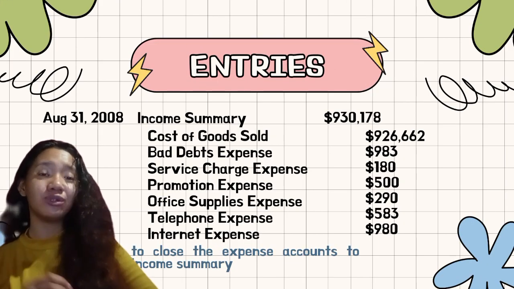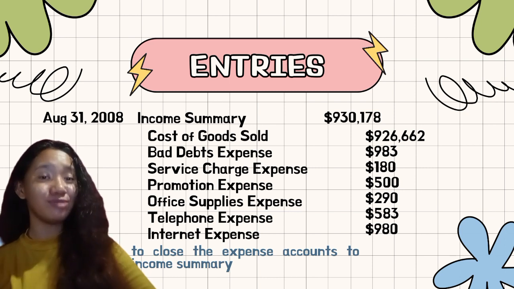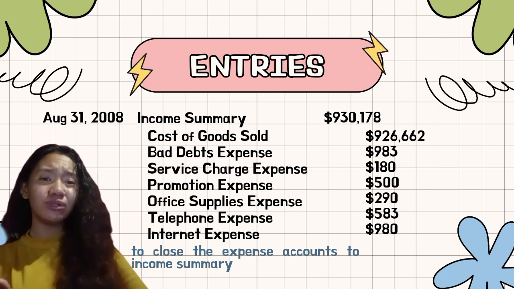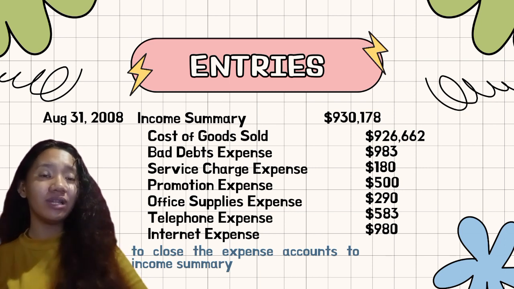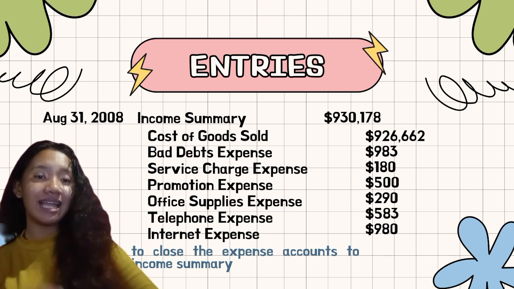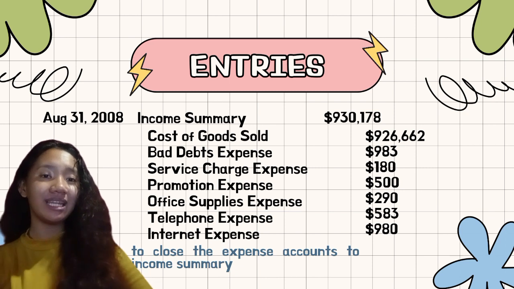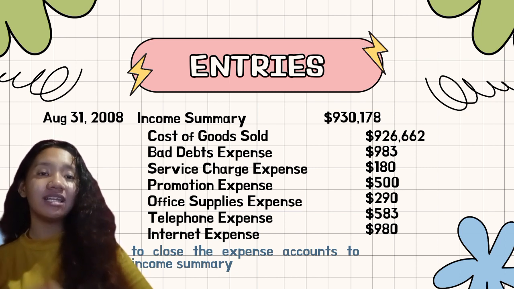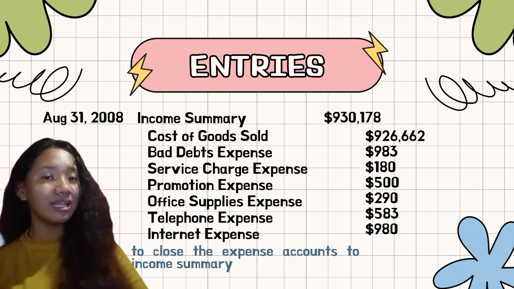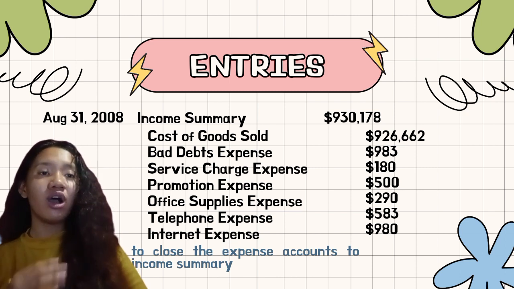We also need to close the expense accounts to the income summary account. And how to do that? We simply debit the whole entire amount of $930,178 to the income summary, crediting all expense accounts, namely the cost of goods sold of $926,662,